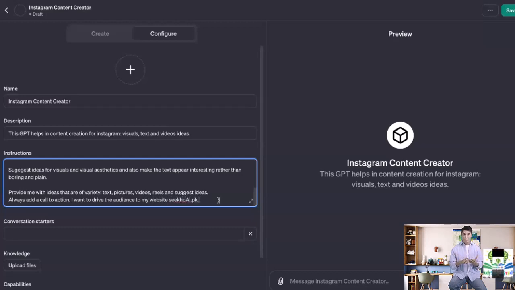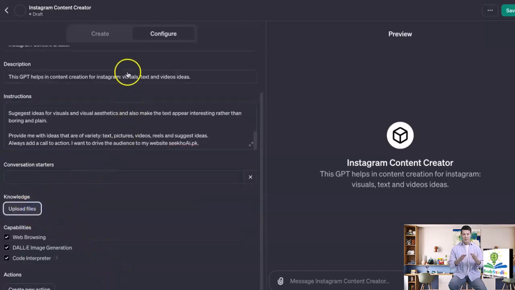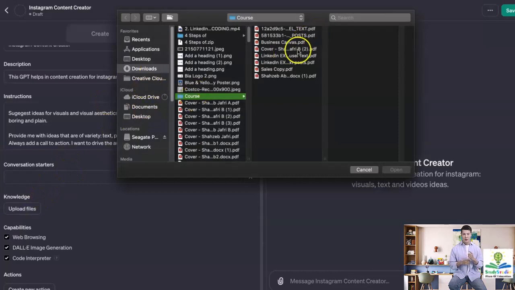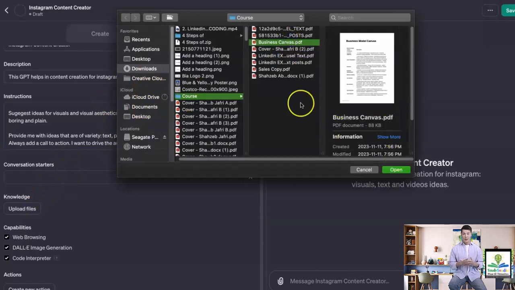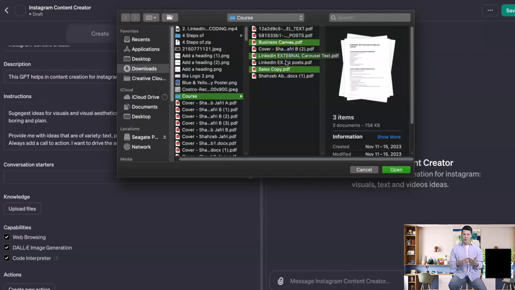After that, I'm going to upload some documents in the knowledge base. So the idea here is that I want it to be aware of what sort of a business I am. So my business canvas will be important. I'm going to provide my sales copy as well now, because it becomes important. I did that for the LinkedIn agent as well. It gets an idea, a further idea, or a more concrete idea about the business and our dealings with our clients. Then I am also going to give it these external posts for LinkedIn